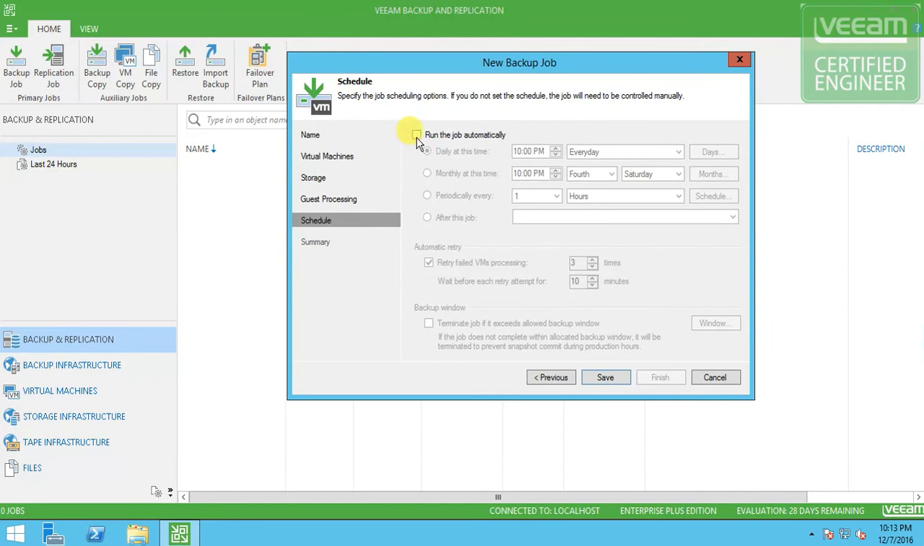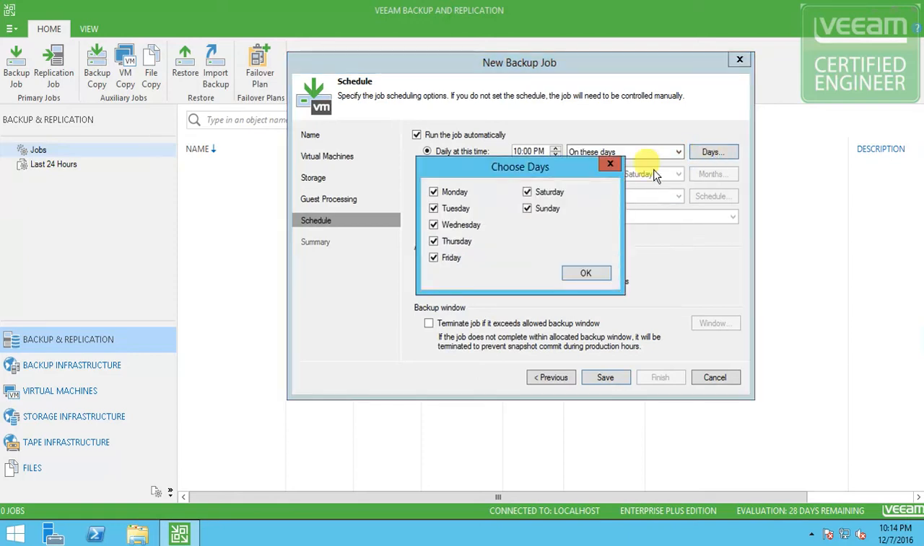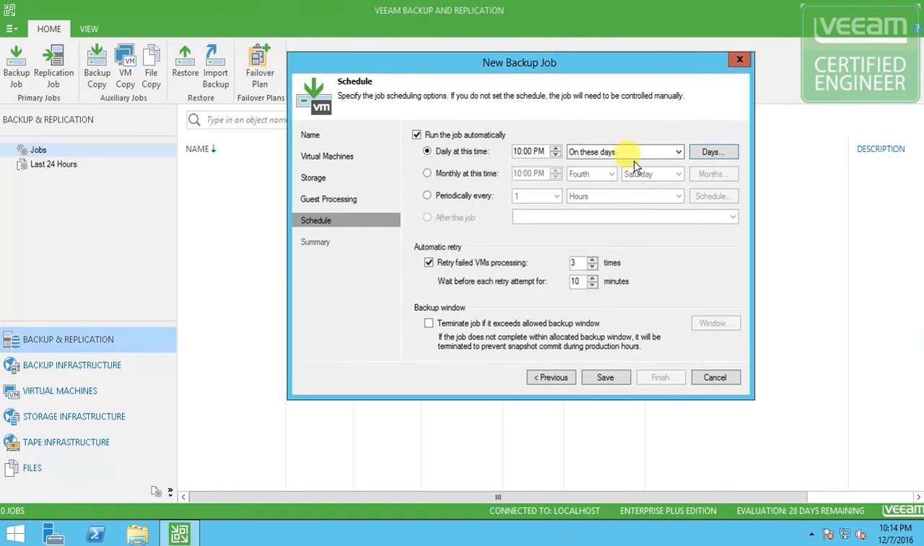So let's see. And right here, you can run this job automatically. You say, hey, run it every day. And these are the options, like run every day, on weekdays, or on these days. If I say on these days, I can select which days. On weekdays, it doesn't give you the option. It's going to run automatically from Monday to Friday. Let's go back to every day, and you can run it monthly,